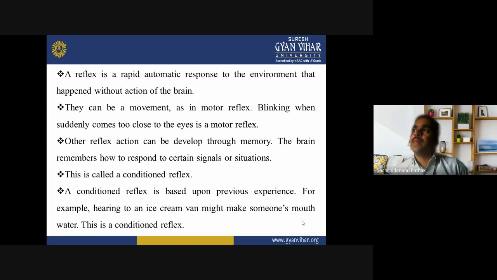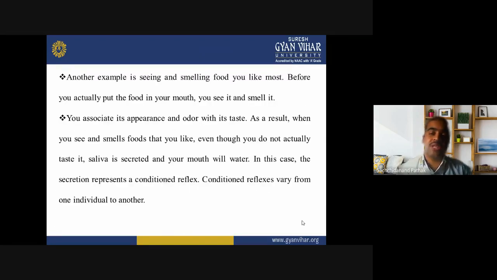That means you just heard that there is an ice cream person who will be roaming around your street, and you just heard the ring of that particular ice cream seller. Now by just hearing the ring of that person who is selling the ice cream, water secretion will start in your mouth. So that is called the conditional reflex, because it depends upon the condition, upon some signals, upon some situation.